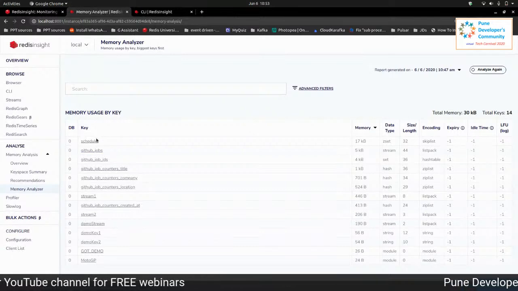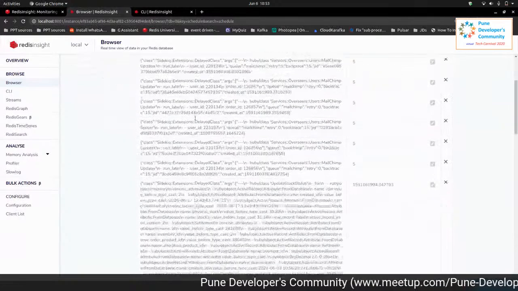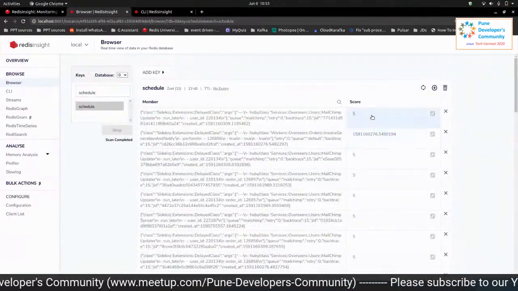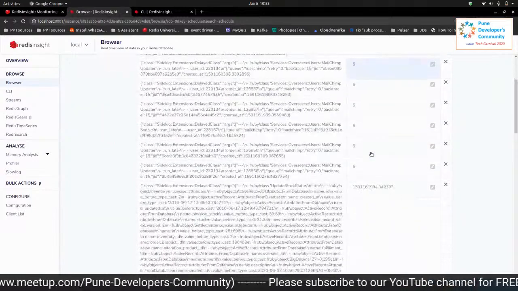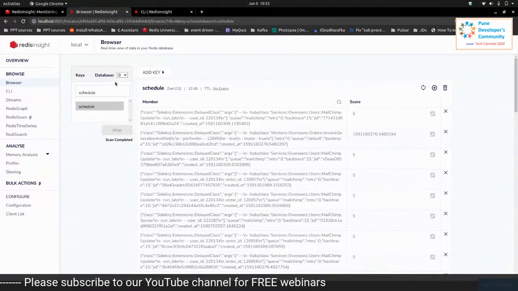When you go into this, you will get the detailed key value pairs with their scores. Scores are nothing but their priority sorting. And similarly you can